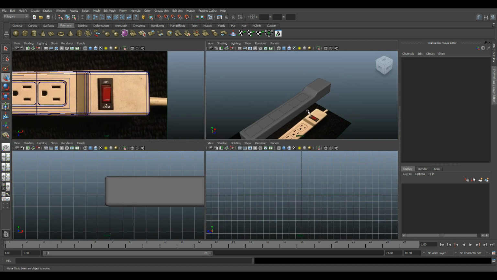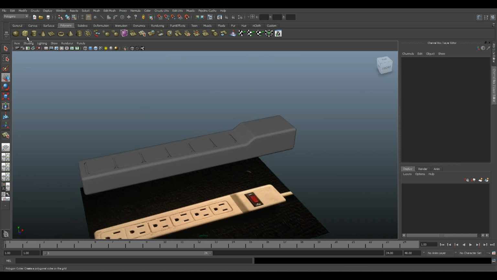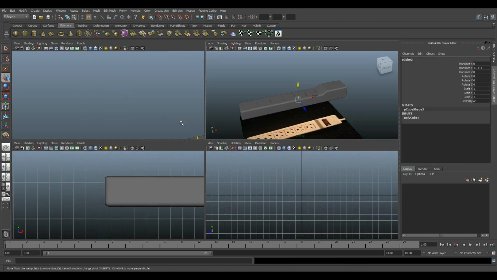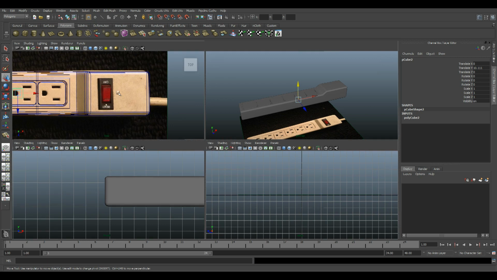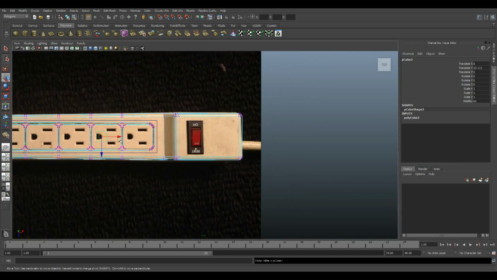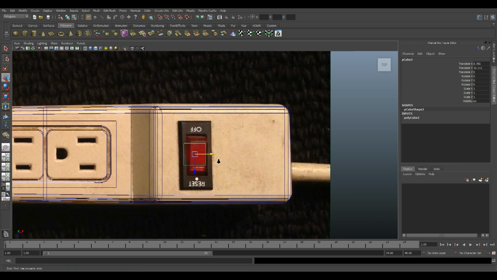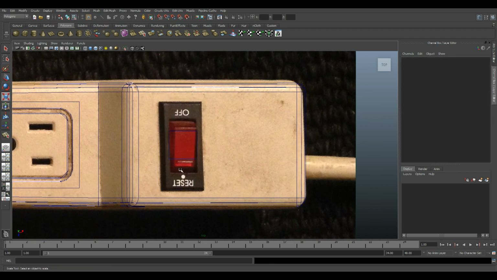So I'm just going to go into my perspective, and I'm going to create a cube, and then I want to go in my top view actually, and move this cube over the button, and I'm going to scale it so we can get about the size of the button there. Okay. That should be about right,